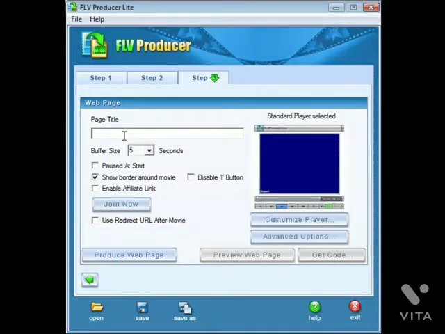Up here we can give it a page title, whatever you want there. If you want it to pause at the start, the buffer size you can set here. To preload the movie, if you want to show a border around the movie. And you can enable an affiliate link, although I don't think there's an affiliate program for this anymore. This is disabled on the Lite version as well as are the other players, so you have to use a standard player. Now what you want to do is click Produce a Web Page,